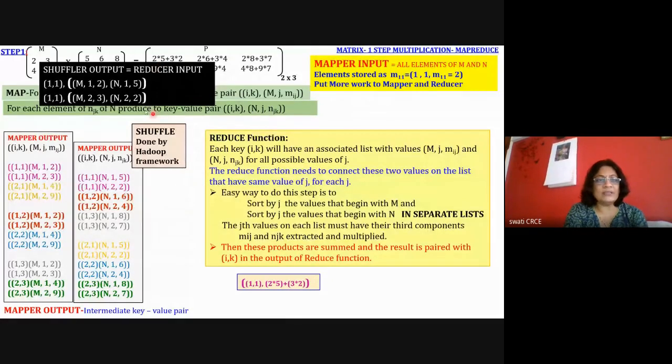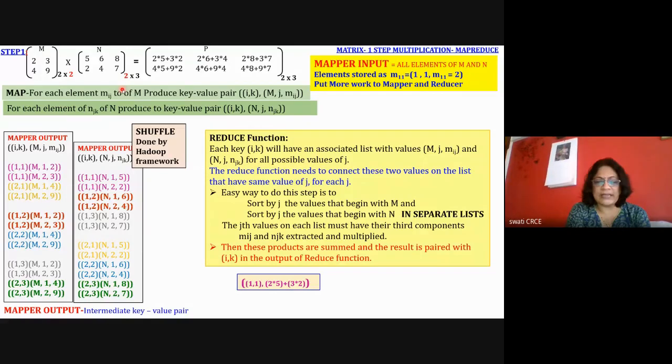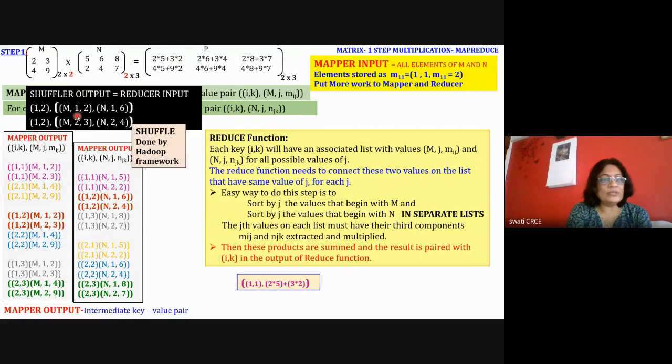Okay, so I have done this black color animation only for two keys to explain. So we'll see the second key, just to revise. For the second key, I'm taking it as 1 comma 2. So the shuffler will look into all the 1 comma 2 keys.